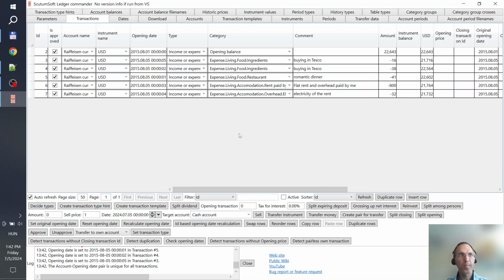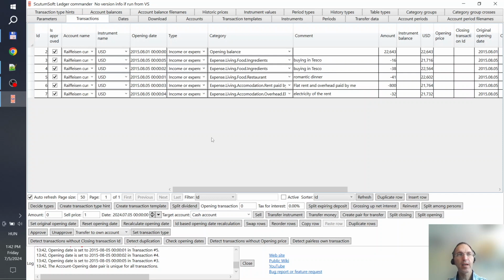Notice also that the USD column is calculated based on the opening date. First, the 47 dollar is deducted, which belongs to 1 second. Then the 38, which belongs to 2 seconds, and so on.